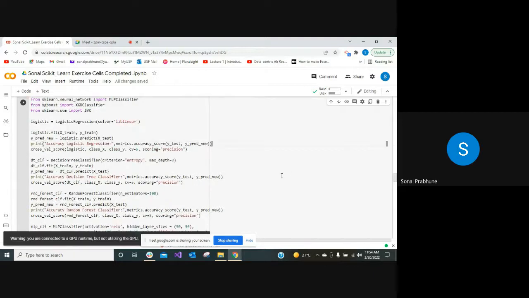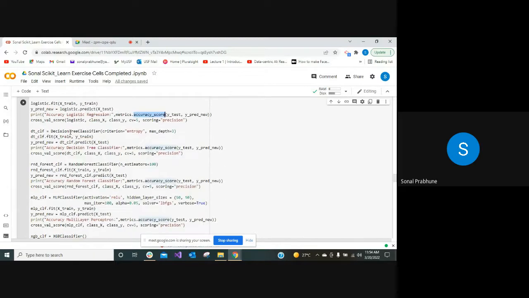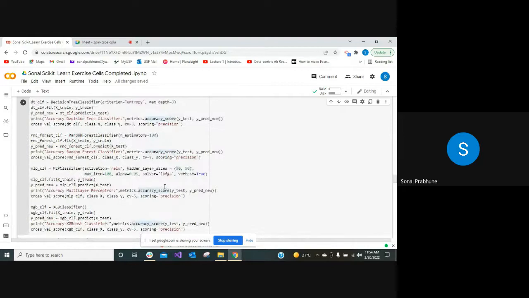So I did the same thing on each. I don't want to take too much time, but the procedure is kind of the same for every one of these. Scikit-learn makes it very easy for us to use these classifiers. For logistic regression, it's just a fit, predict, and find the accuracy. Same thing for decision tree, same thing for random forest. But the accuracy that we get on each of these is pretty